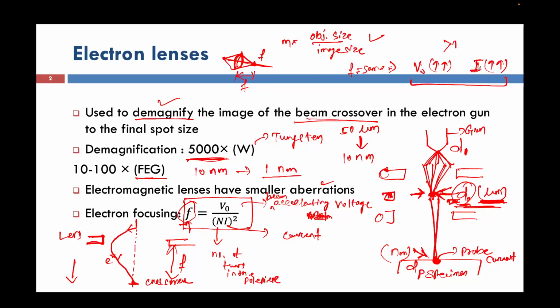Okay, and the demagnification, the formula for the demagnification, if I want to write it somewhere, here in the top left I'm writing, I hope it is visible to you. So we know that the thin lens equation is 1 by F is equal to 1 by P plus 1 by Q. Here P is the object distance and Q is the image distance from the lens. So the magnification, in terms of capital M, is given by small q by P. That means my image distance divided by object distance. But the demagnification, in terms of small m, will be given by my object distance divided by image distance. So this is the term you have to remember here,